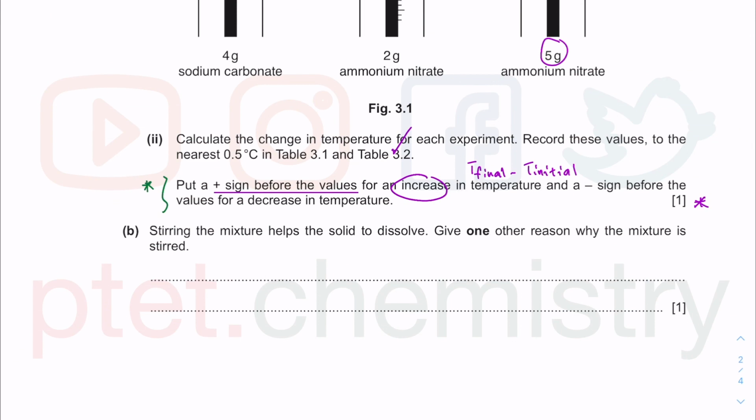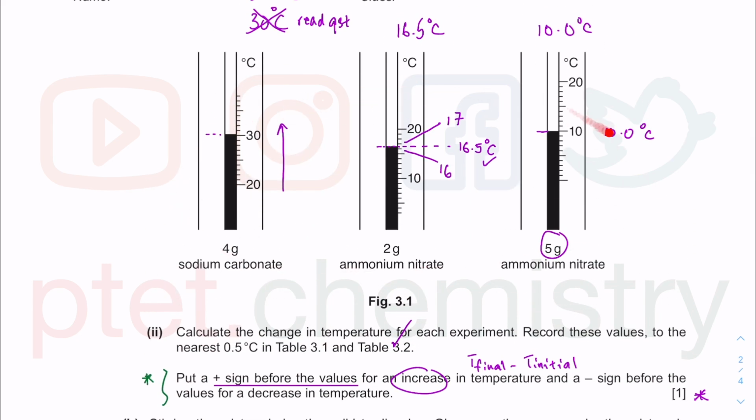So next bit, stirring the mixture. So we stir the mixture. It helps the solid to dissolve. Give one other reason why the mixture is stirred. Well, you know, you want the solid to dissolve, you stir. Just like when you're making a hot Milo drink, you will stir it in order to dissolve the Milo solid. But the other thing is, this is about distribution of heat, and we want the heat to be